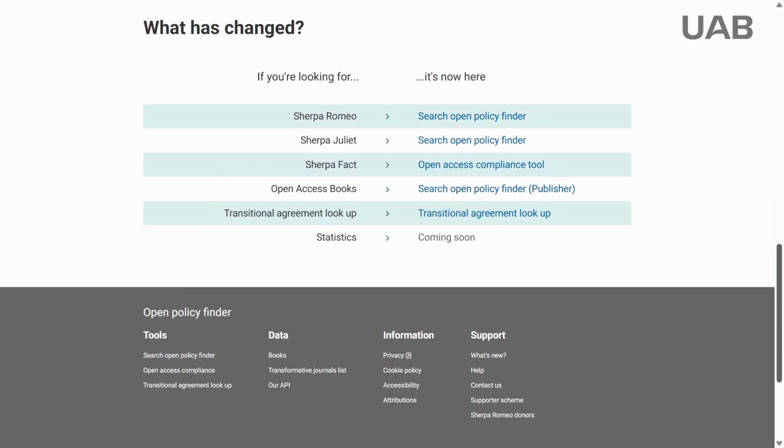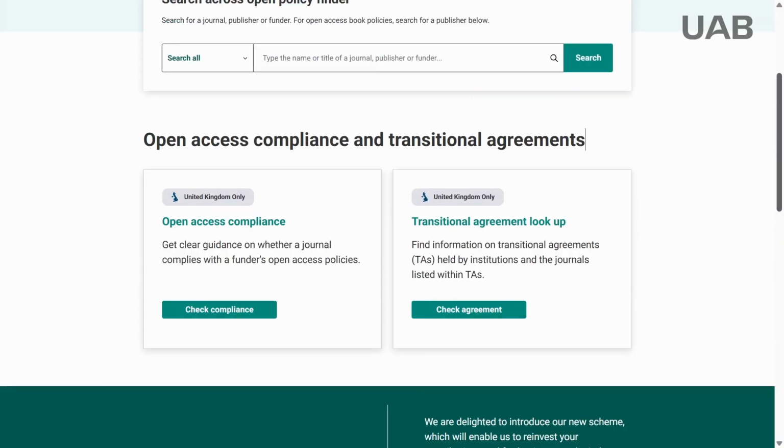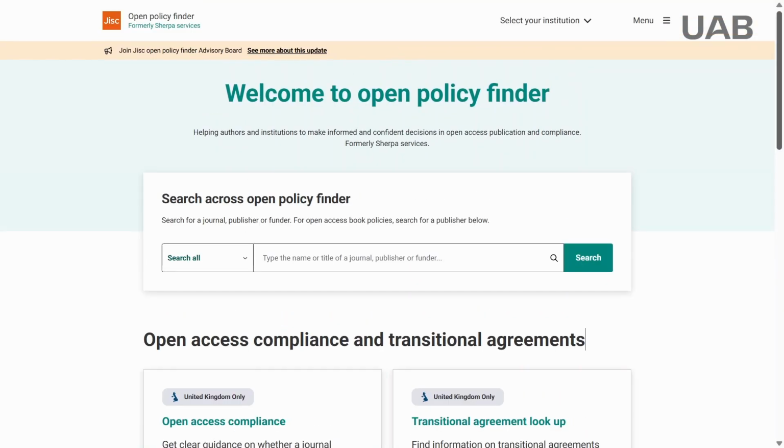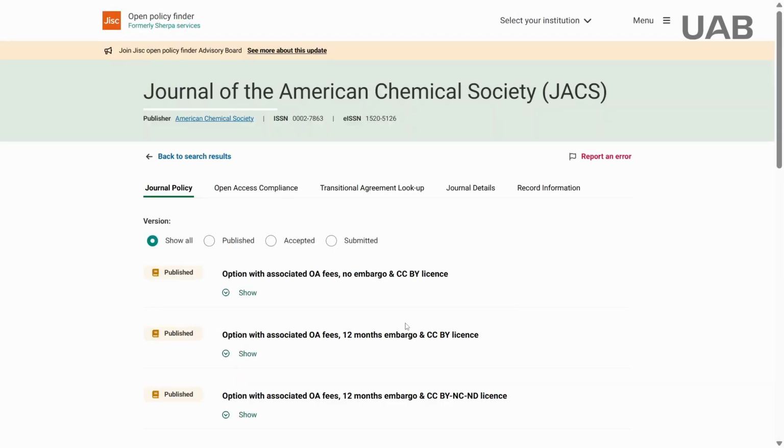When you search for a particular journal, it lets you know what you can do with the different versions of the article. Remember that the goal is to deposit your article in the UAB Open Access Repository, Deposit Digital Documents de la UAB, DDD. For example, if we search for Journal of the American Chemical Society, it reports that the published version